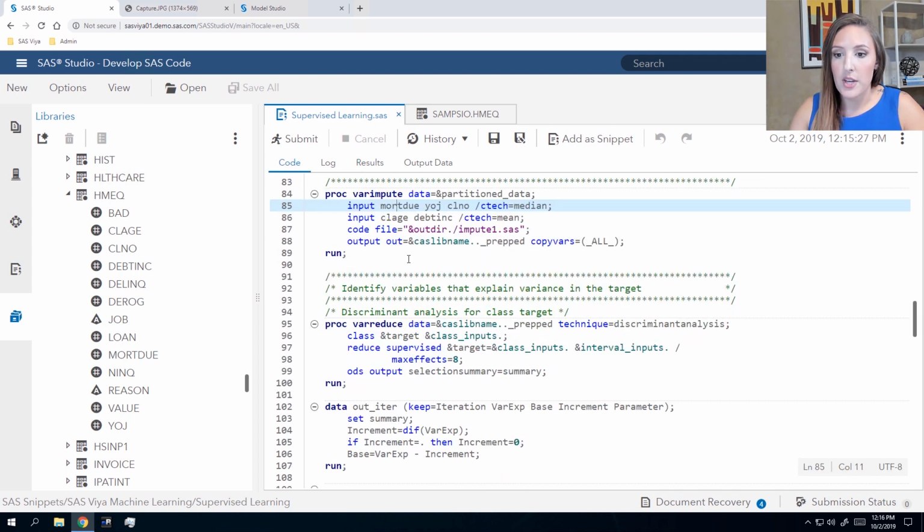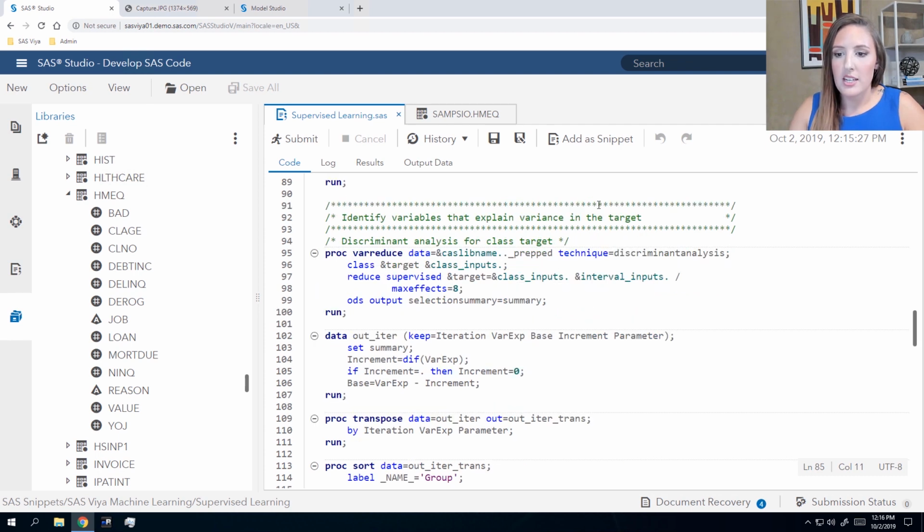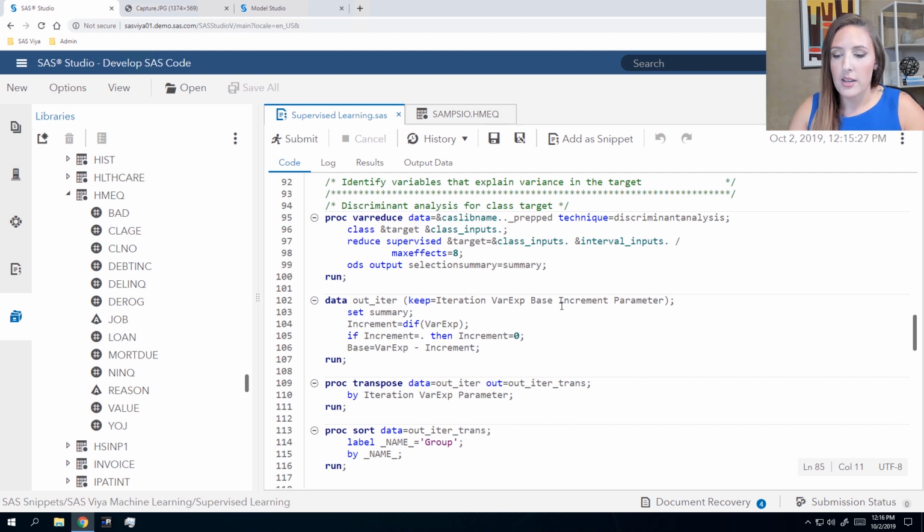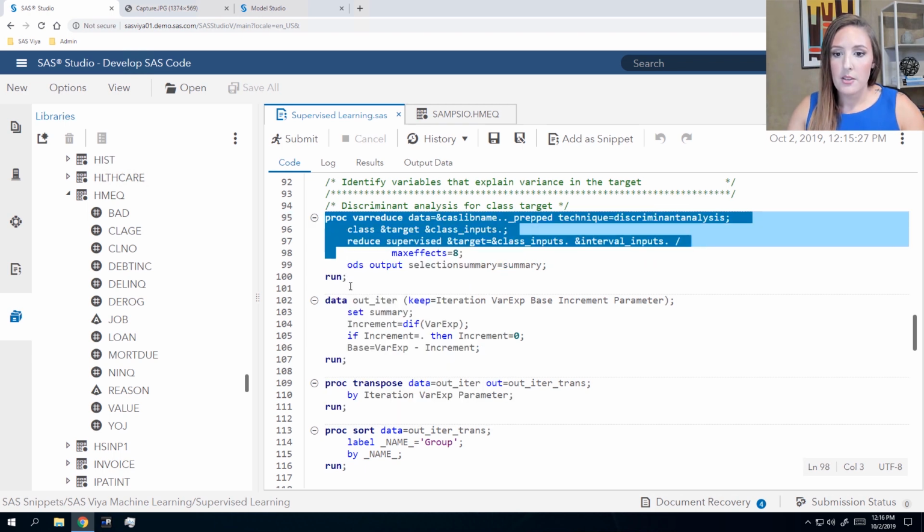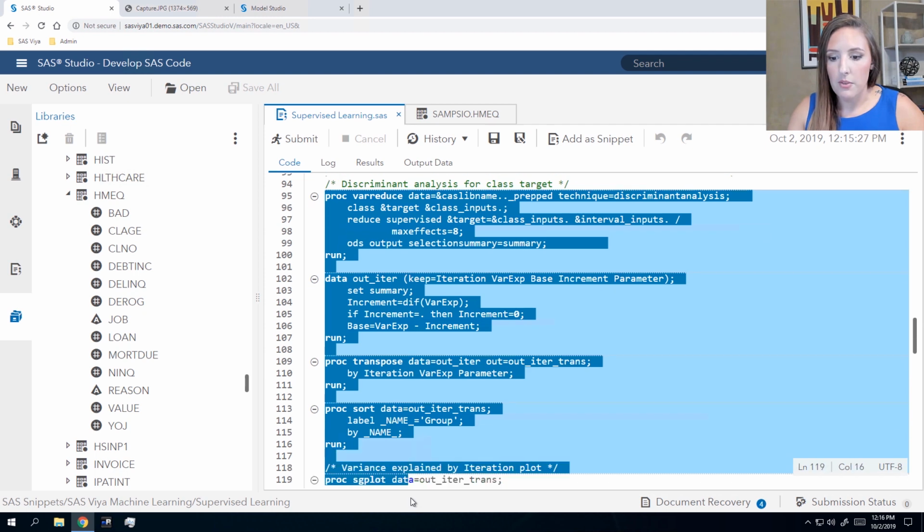All right, so now that we've done the imputation, we're going to look and identify variables that explain variance in the target. So what this is doing is it's identifying variables that are predictive of our target variable. So what explains why this variability is occurring in our target? So we want to try and find those variables and limit the ones that don't explain variance so that our model can run on just the most predictive variables and not have any noise that might be associated with ones that are less predictive. So I'm going to select this bit of code,